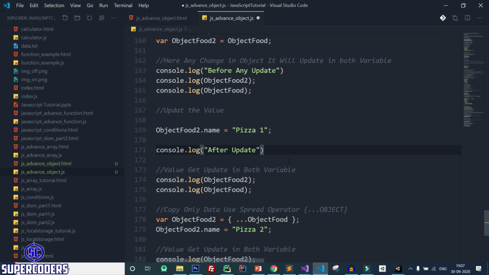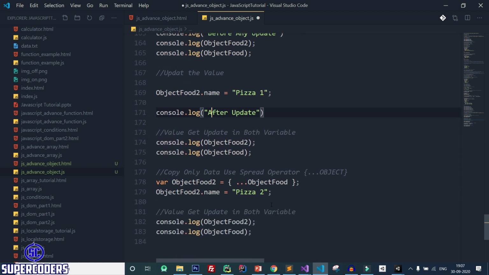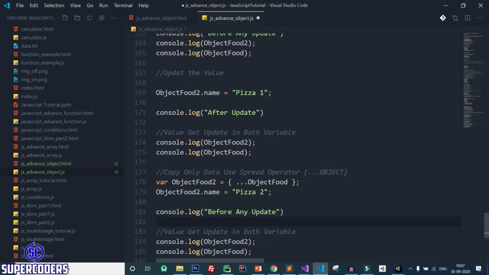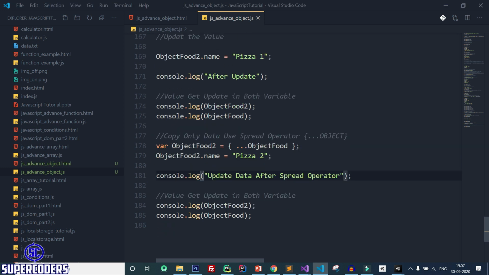After update, and here update data after spread operator. Save it again, back to Chrome, refresh the page.